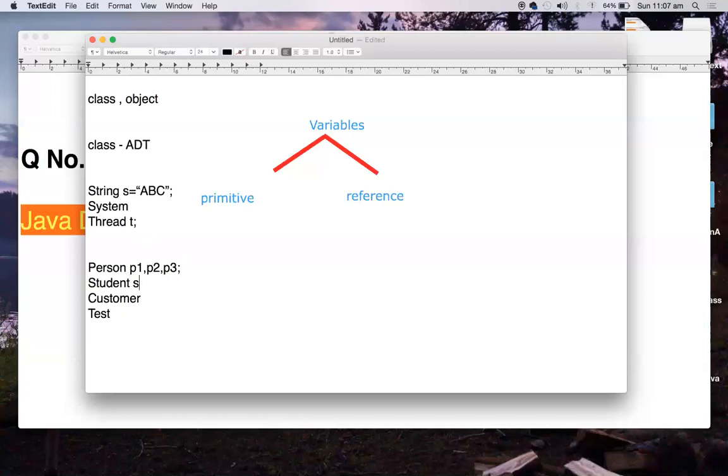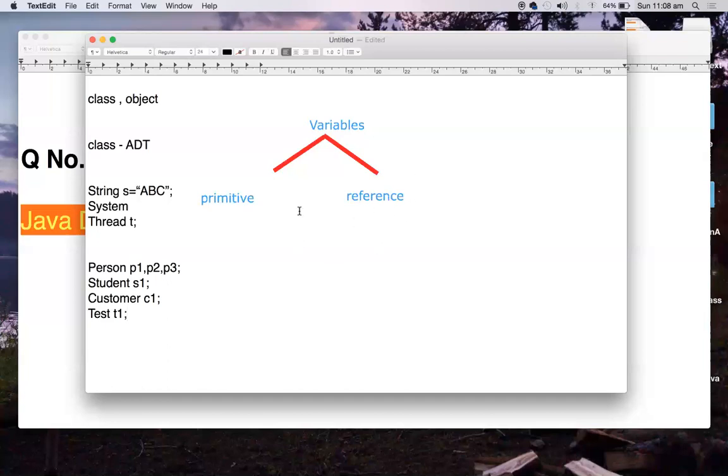In the same fashion, Student s1, Customer c1, and Test t1. So all these are of type class. That's why they are called reference variables.